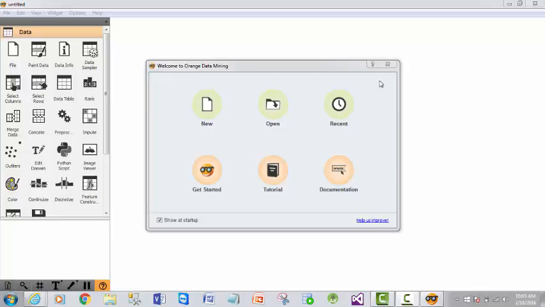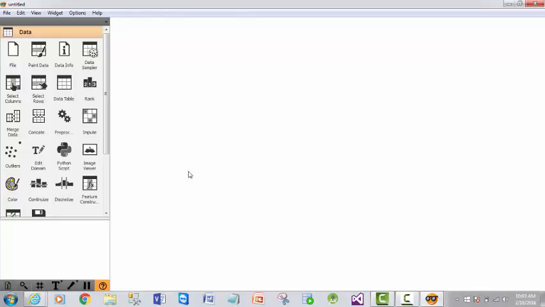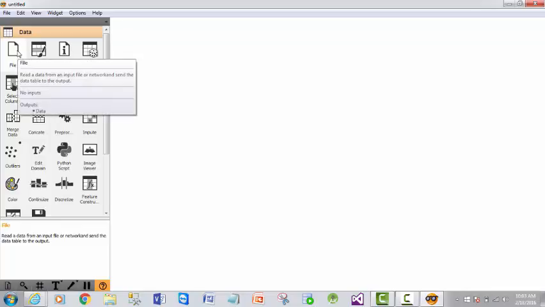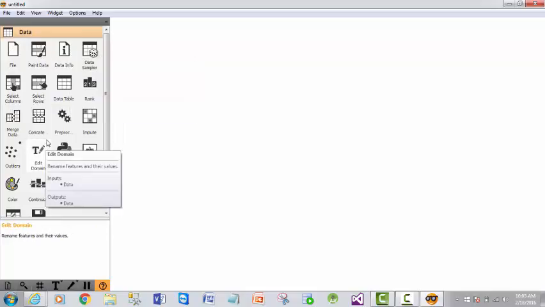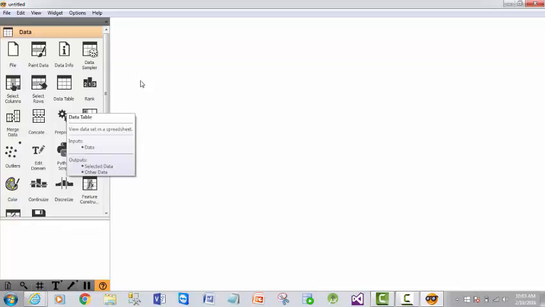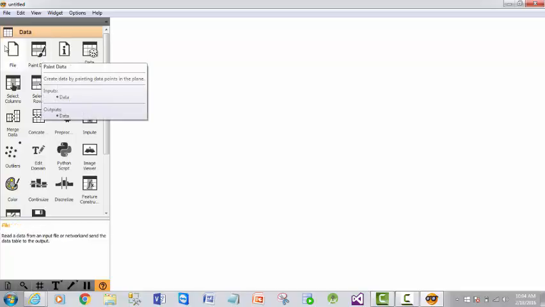Now let's exit the welcome screen. Orange starts with a blank canvas. It is a place where all the work takes place by using the computational units called widgets. The widgets are where we process the data, do clustering and build predictive models. We can find all of them on the left side of the screen, like the file, data and preprocessors, data table, and etc. Usually the Orange data analysis workflow begins with the file, so let's click on the file